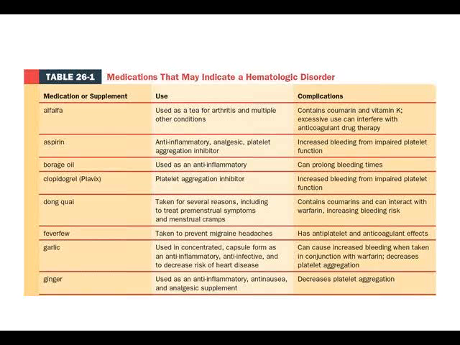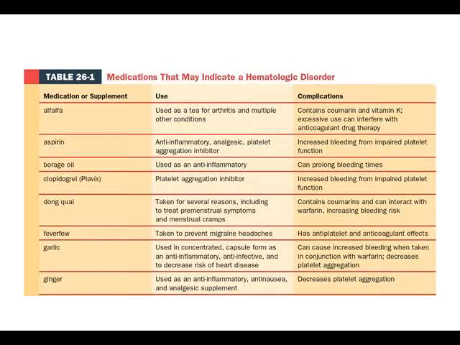Dong Quai, this is a holistic medication. It's an Asian herb that's used for PMS of all things, and contains coumarins as well, and can interact with warfarin, increases the bleeding risk. Feverfew, this is another holistic medication for the treatment of migraines, has antiplatelet and anticoagulant effects. A lot of these things are really kind of reducing viscosity of blood, making the blood thinner, therefore hopefully reducing